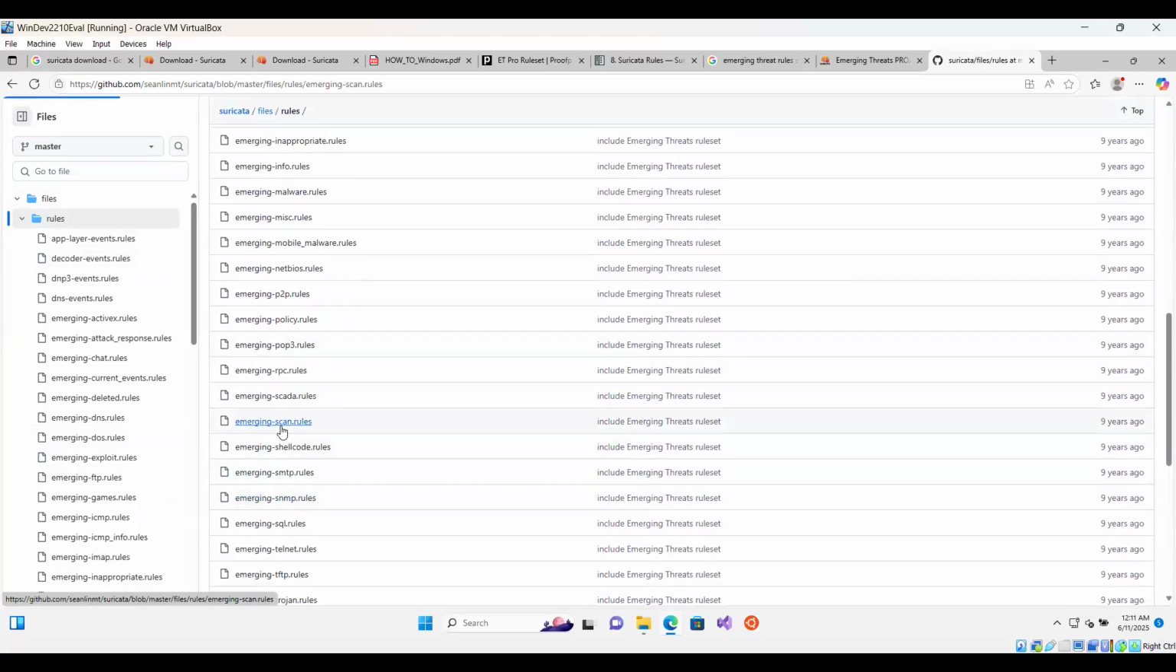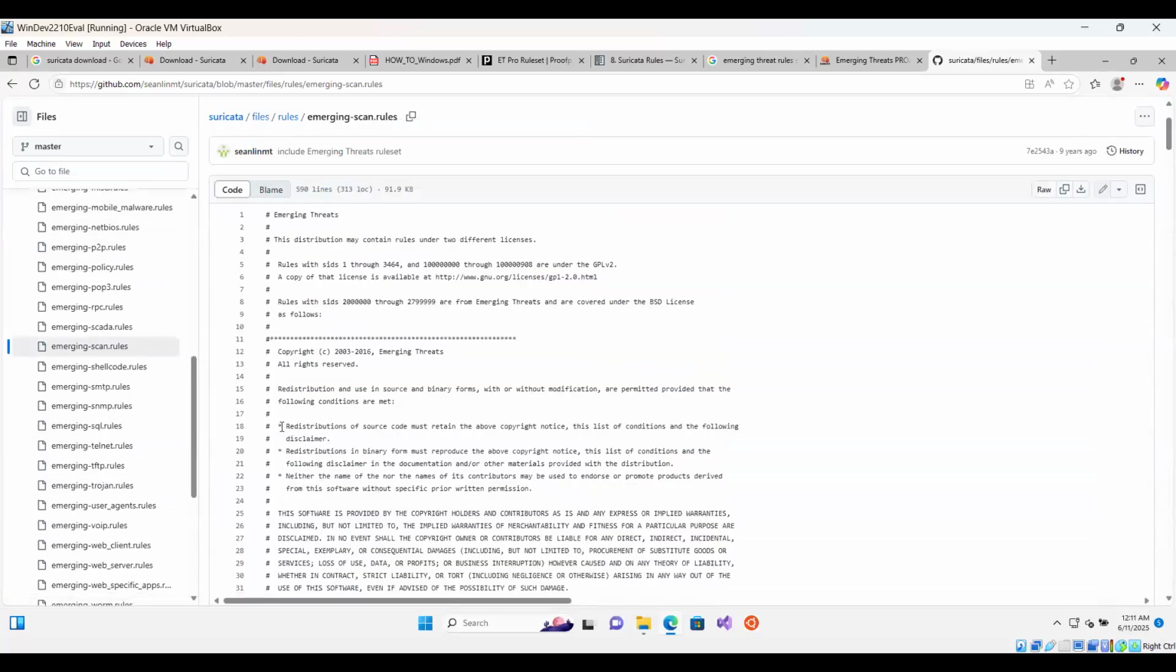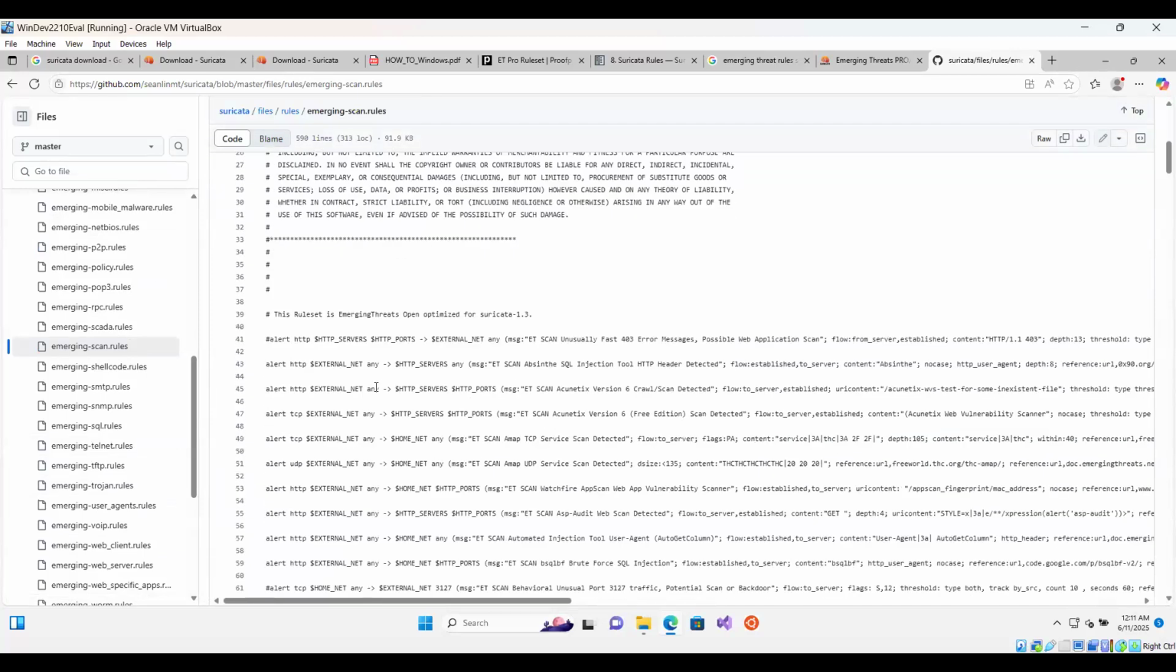So let's open this one. So these are the descriptions about the rules. You can read that. And then you can see here, these are the rules. So it mentions this is commented. So this rule will not work. If it is commented, that means that rule will not work. And if you find it here,